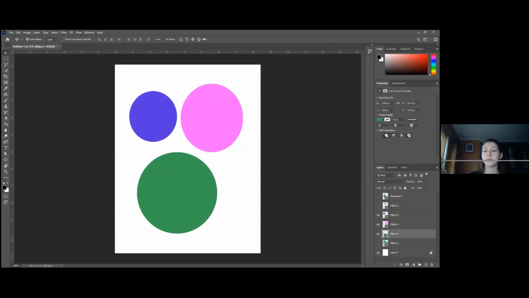So now you can see I'm going to go to my layers. I will rename these layers just so that it's easier for me. Blue, remember, double click, change the name, green, just so that I know that I'm working with these 3 layers. To select all 3 layers, there are several ways of doing that. So the first thing you can do is click on a layer and then click